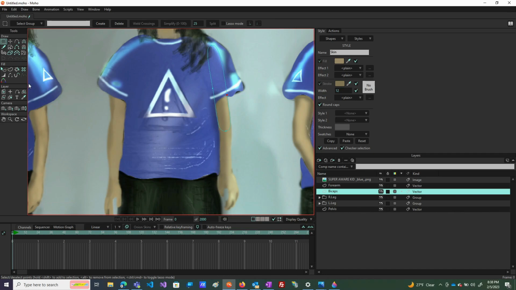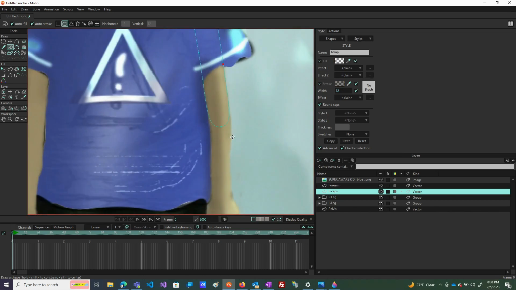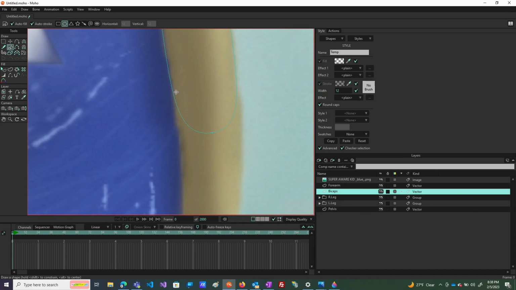So let's go ahead and make our circle. So we're going to choose our temp coloring, and we're going to make a circle here, and it should be just the width of the elbow there. Now we're going to move it into place, and we can see that we are a bit off there. So we're going to add points to our elbow here,